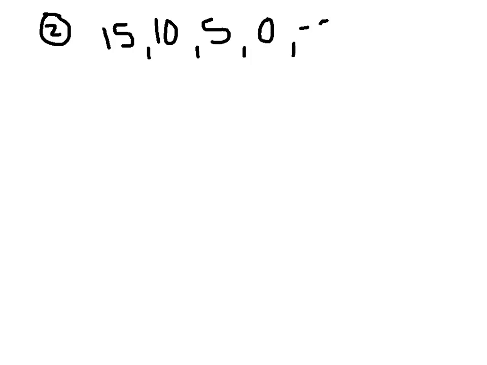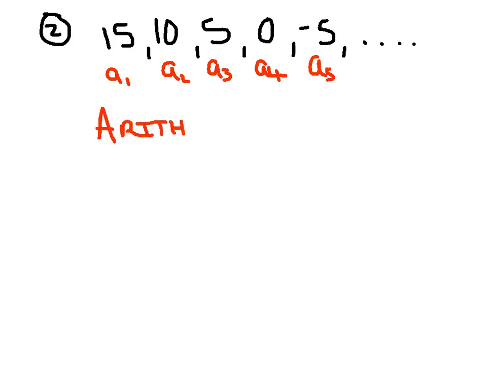Let's take a look at another example, and we'll consider the one on the last slide to be our first example. Let's take a look at the sequence 15, 10, 5, 0, -5, and so on. I've shown you the first 5 terms of a sequence, and the first thing I want you to do is readily say that, yes, that's the first term, that's a sub 2, that's a sub 3, that's a sub 4, and this one's a sub 5. This is indeed an arithmetic sequence because we are adding a fixed amount